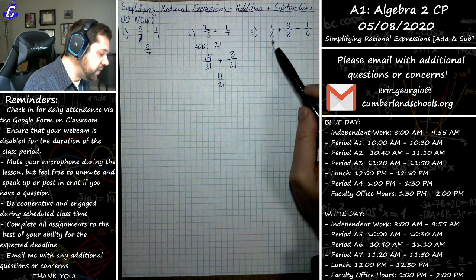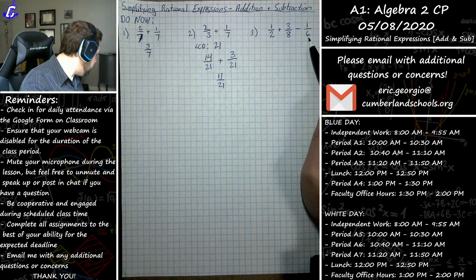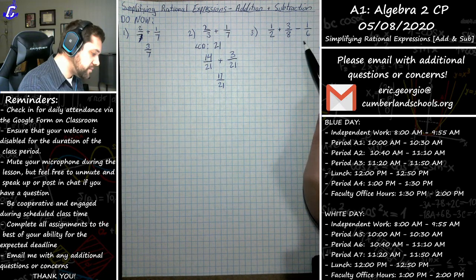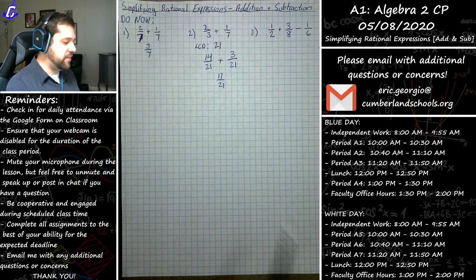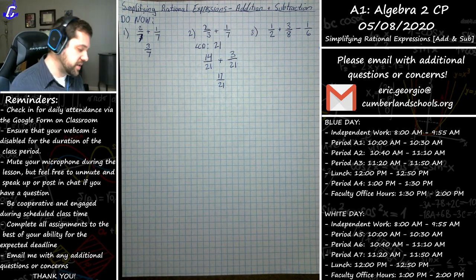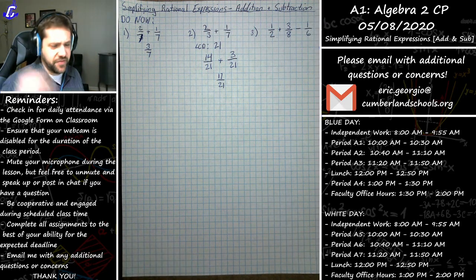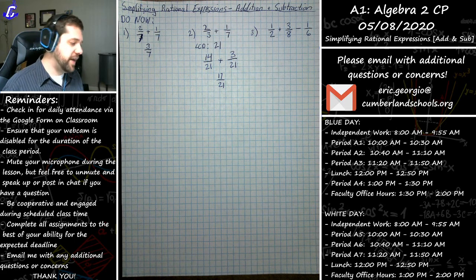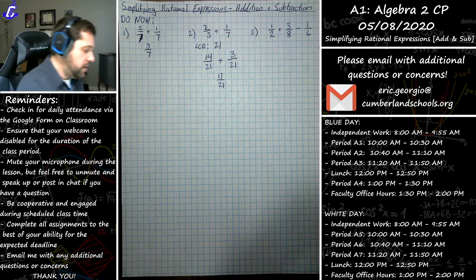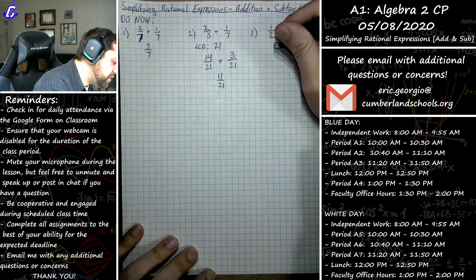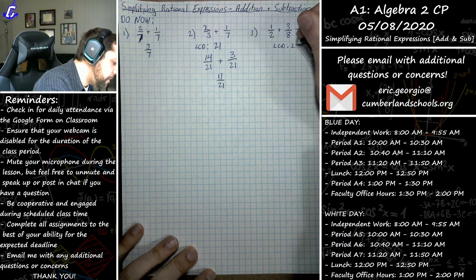Last but not least, we have something like this. It's really the same problem as number 2. It's just now we have 3 terms to consider. What's the least common denominator between 2, 8, and 6? If you think about it for a while, what's the smallest number that all of those fit into? The smallest number is 24. So if I want to convert everything to be out of 24,